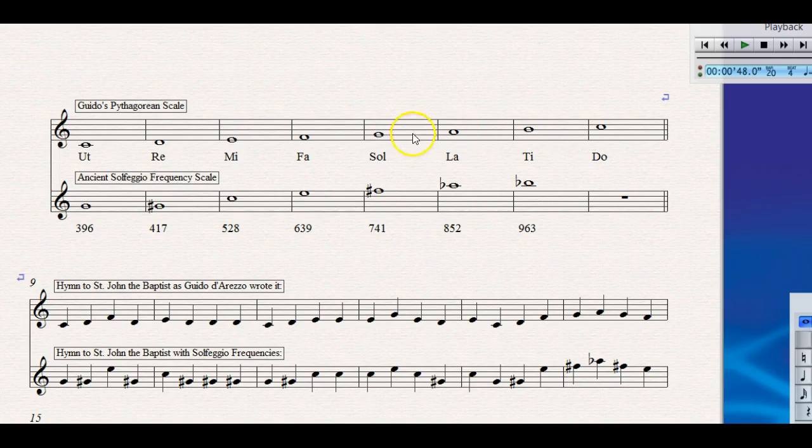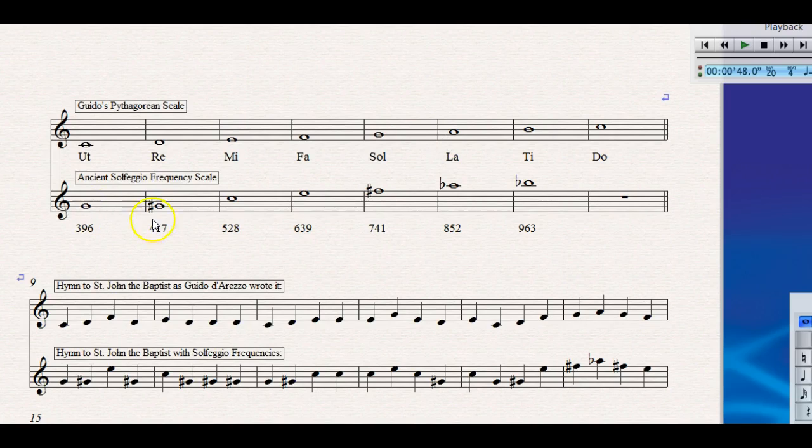So the distance between these notes in Pythagoras' time and in Guido of Arezzo's time are not going to sound a whole lot different than they do today. So Guido's method of musical notation and using the solfege symbols are very, very similar now to what he actually